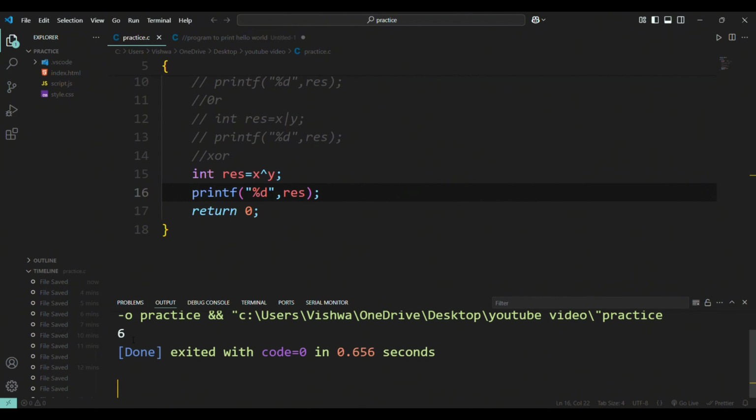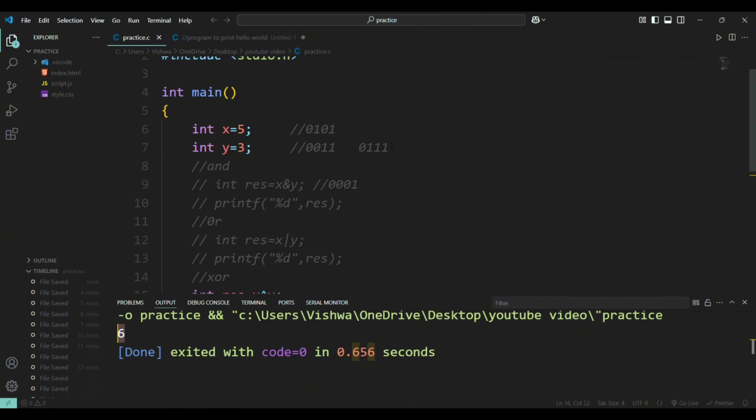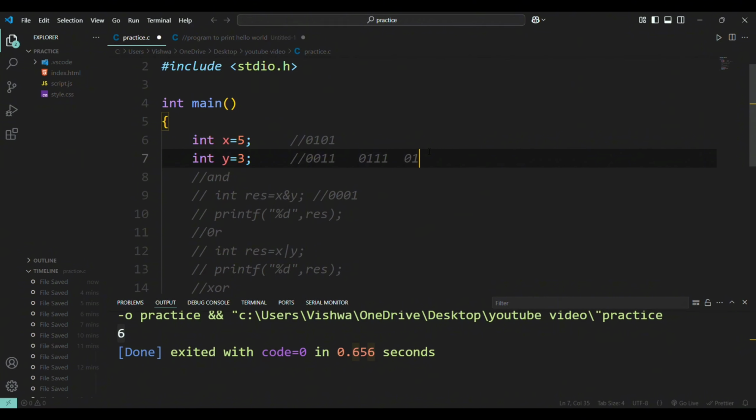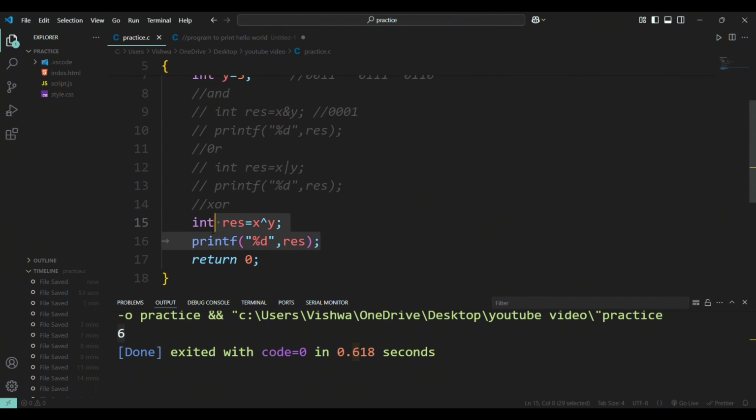After executing, we got 6 as an output because when you perform XOR operation between these two variables, you will get 0110 as an output. When XOR operation is performed between two variables, it will be equal to 1 when any of the input is 1. If both the inputs are same, then it will be equal to 0. Now let us remove all this,